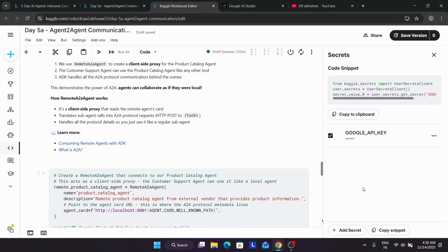Now if this example is difficult for you to understand, I am showing you another example. Without the remote A2A agent, say you want a pizza and you don't have their number. You can look for a pizza place, searching how to order pizza on Google, or you can visit offline. Then you have to visit again if you want to buy five pizzas at a different time. Similarly, what a remote A2A agent does is, there is an app.